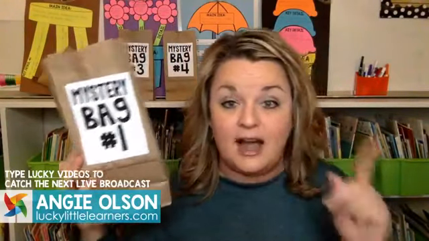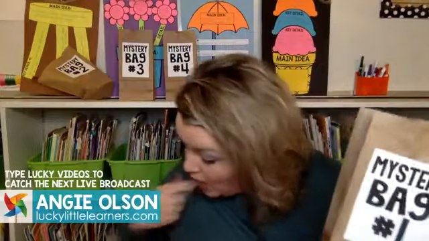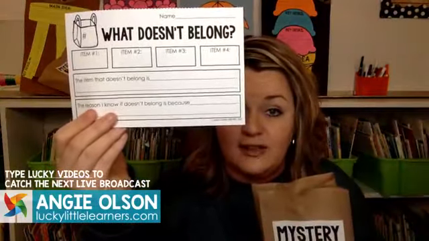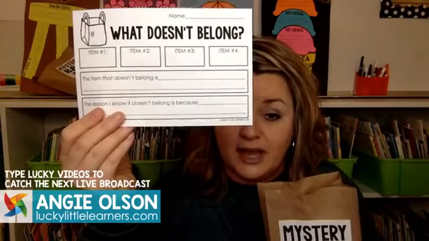The first thing I'm going to show you is an activity called What Doesn't Belong. For the first couple times of doing this with my students, I'd say, boys and girls, I have some really special items in this bag. Three things go together like a collection. One thing does not belong. Which item does not belong? They're going to have a marker board or a piece of notebook paper, or maybe a little recording sheet, and they draw in the items as we pull them out together.